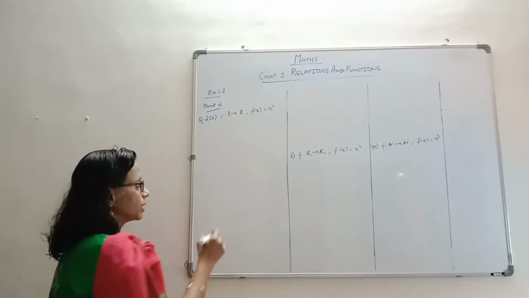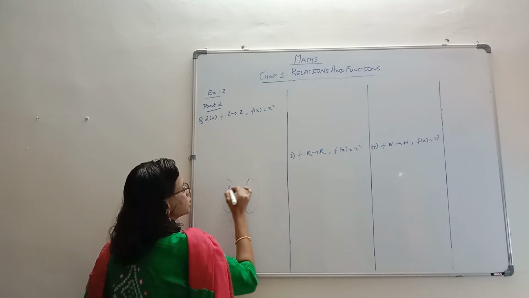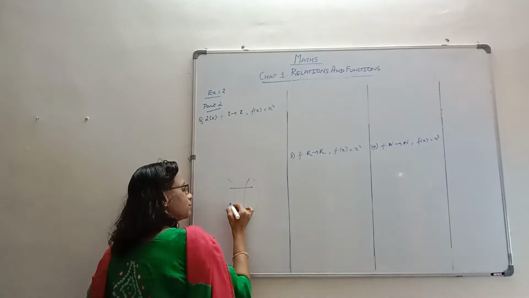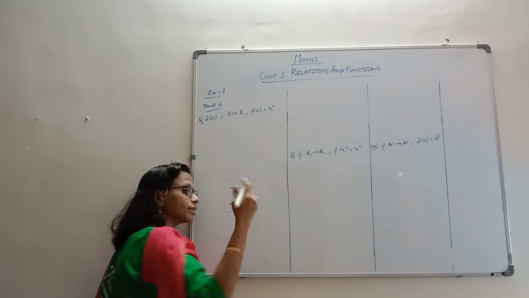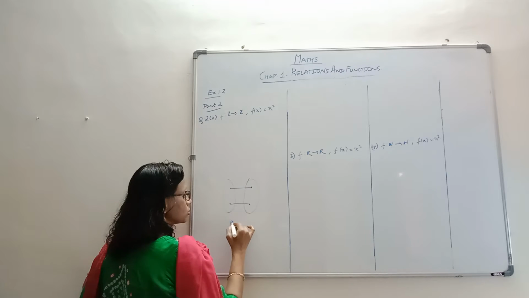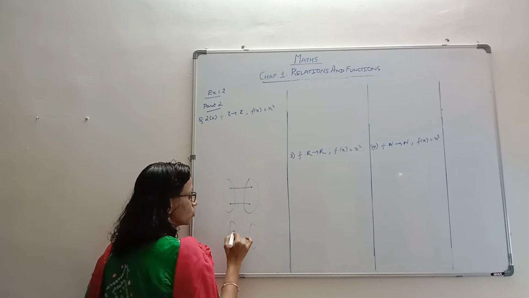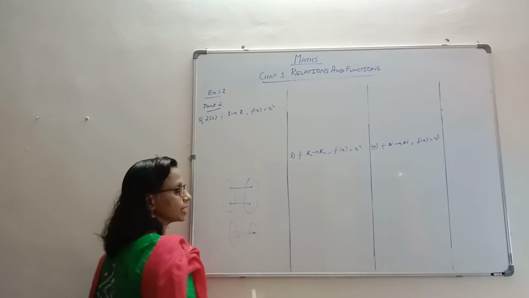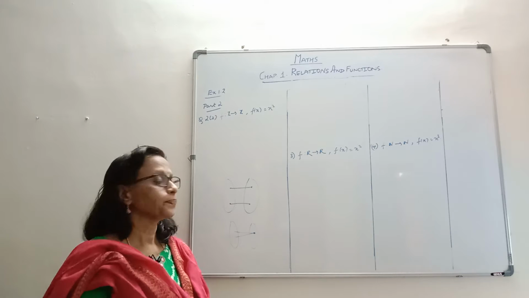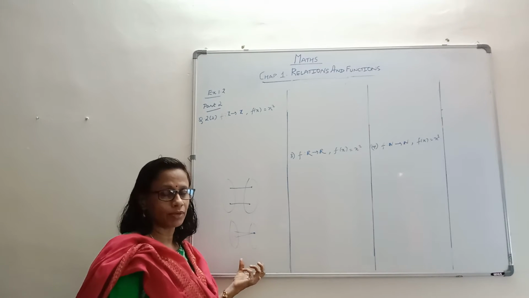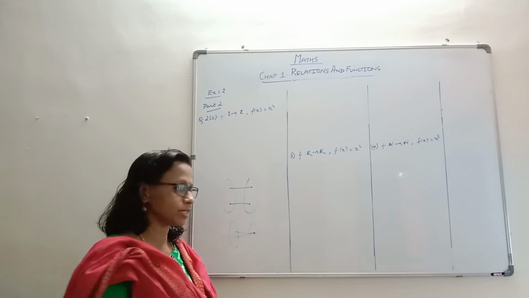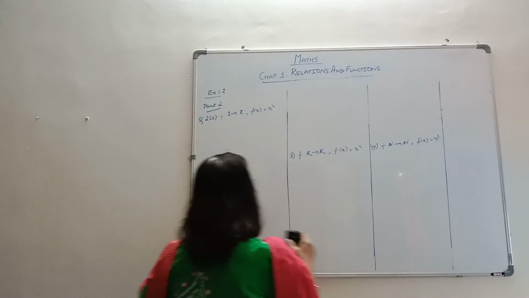Now what is the meaning of one-to-one? One-to-one means that you take an element from the domain, it will go to one element in the codomain. You take another element from the domain, it should go to another element in the codomain. But if by chance you are able to get two elements from the domain which go to the same element in the codomain, then it is not called one-to-one. Functions which are not one-to-one mean such a thing would be happening. So we have to find such things, and we are able to do that in this problem. So let's see how we will get that.